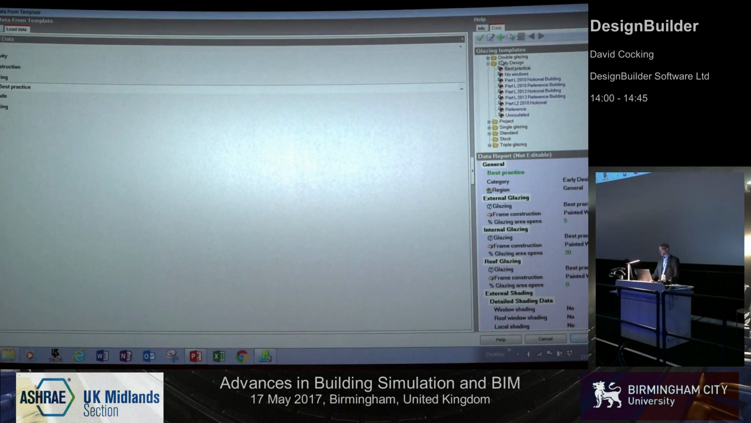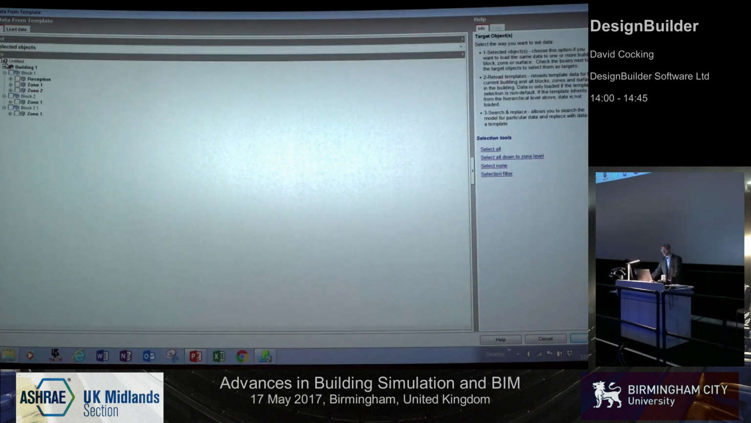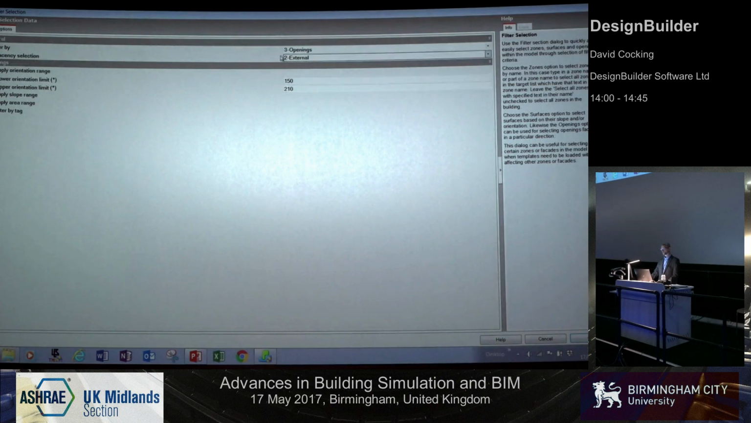So for example, I could pick a double glazing system with louvers. I want to apply that. And I can select where I want to apply that data. So I can choose zones or surfaces, use the hierarchy, or I can ignore the hierarchy and use selection filters. So I want to apply that data here, let's say 30 degrees either side of due south. Okay, so from 150 through to any facade that is orientated 30 degrees either side of south,